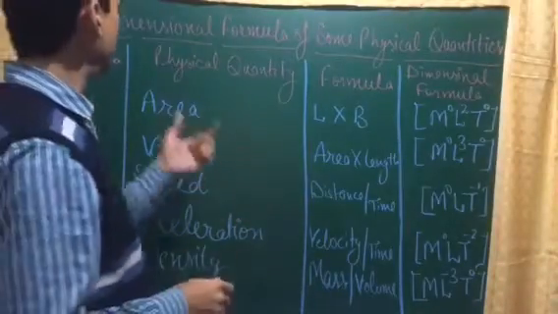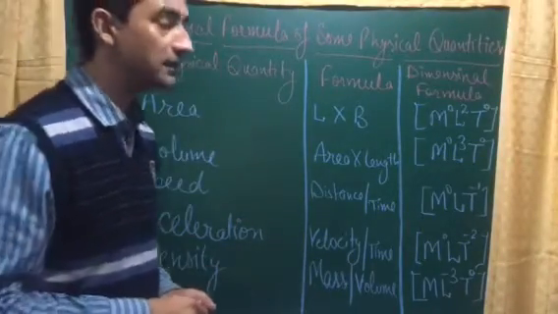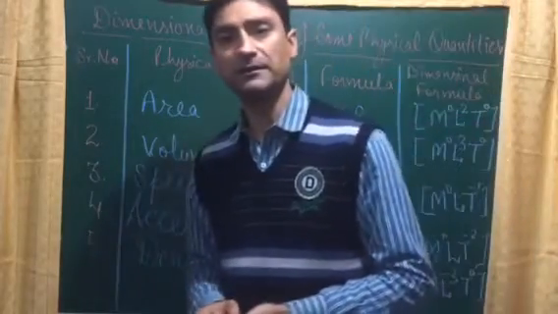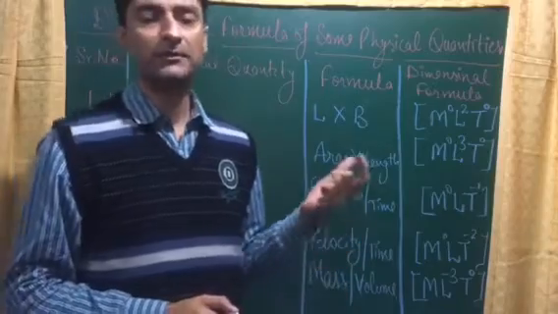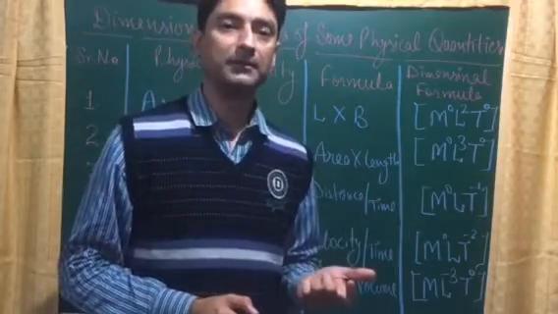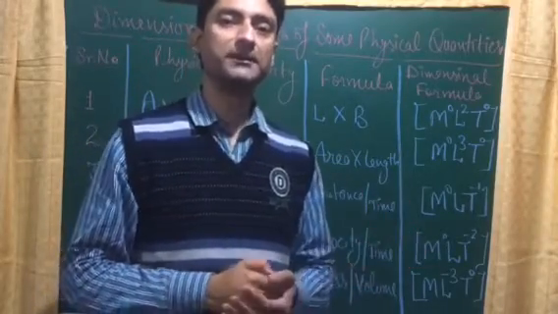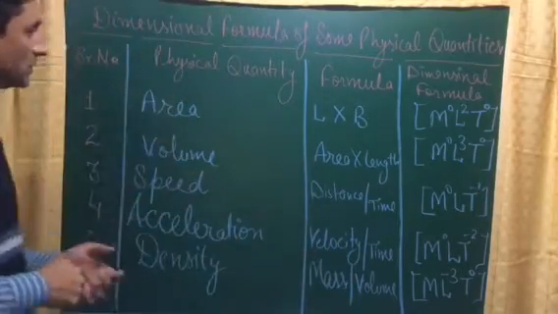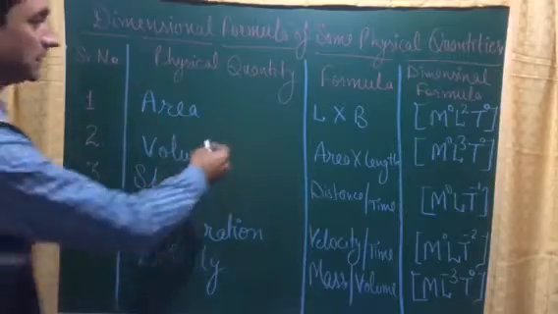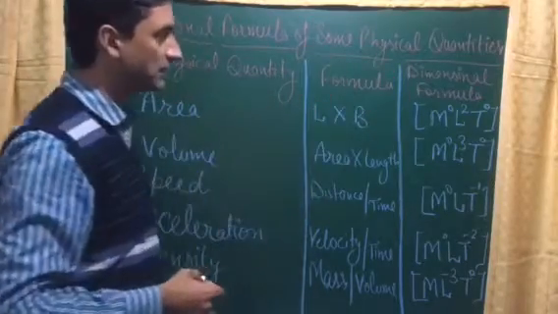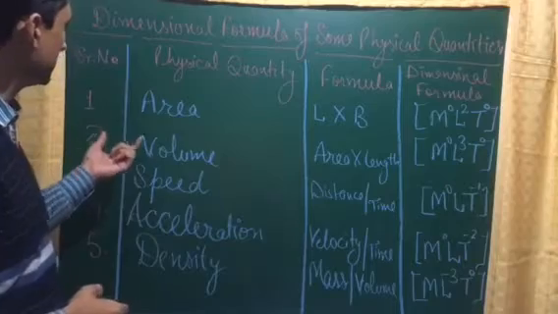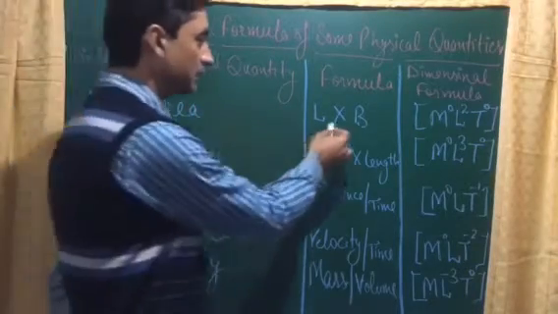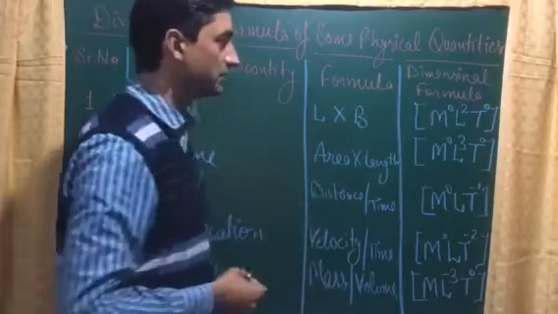So next is dimensional formula of some physical quantities. As you know that dimensions are the powers to which fundamental quantities are to be raised to represent that physical quantity. So for example, some physical quantities are given here whose formulas and dimensional formulas we will discuss. The first is area. So area formula, as you know, is length into breadth, and the dimensional formula is